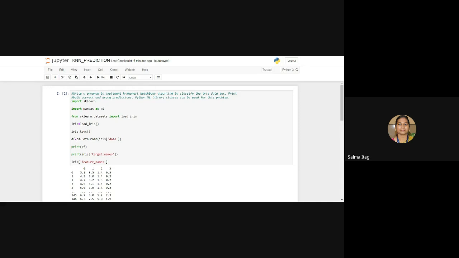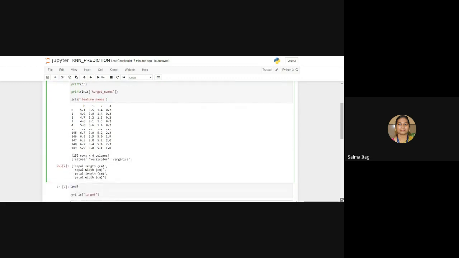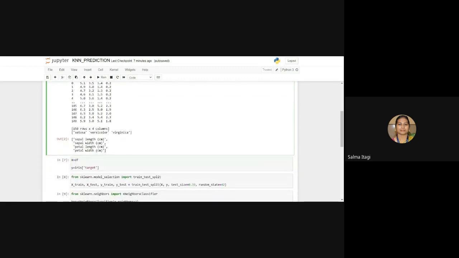First we load the dataset. Keys are nothing but key-value pairs. For each tuple, the key says what class it belongs to, the target. So 0, 1, and 2 are the classes, and the features are sepal length, sepal width, petal length, and petal width, with their values. They belong to Setosa, Versicolor, and Virginica.